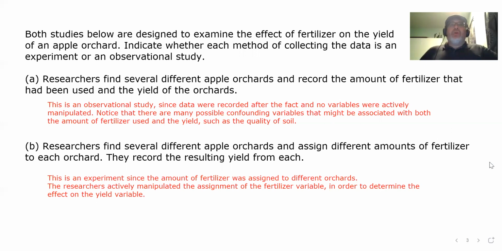Now, which do you think is easier to conduct, an experiment or an observational study? The answer is an observational study because it doesn't have the added task of controlling variables, of saying, well, first let's do it this way, and now let's do it this way, and now let's do it this way. For an observational study, you just look, maybe measure, gather data, but you're not controlling any variables. So the observational study is actually easier to conduct, but